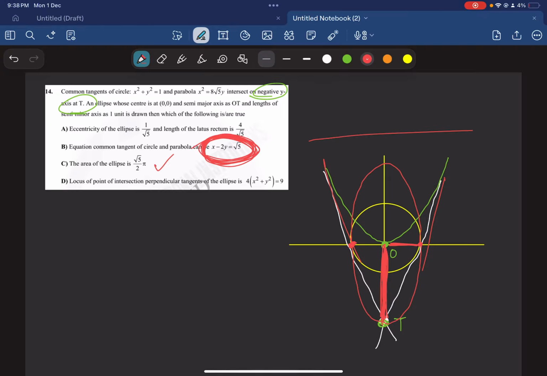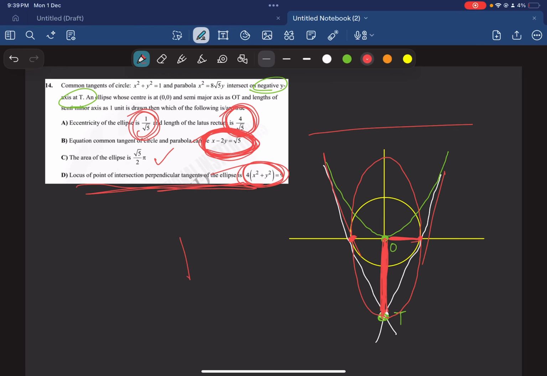Eccentricity of the ellipse. Once you find A and B, it is not difficult to find the eccentricity of the ellipse. And also once you find A and B, latus rectum is simply 2B square upon A. And the point of intersection of perpendicular tangents of the ellipse. So this is simply x square plus y square is equal to a square plus b square. Alright. So this is what you have to do. Take this as a homework. Take this question as a homework and let me know what are the answers to this question in the comment